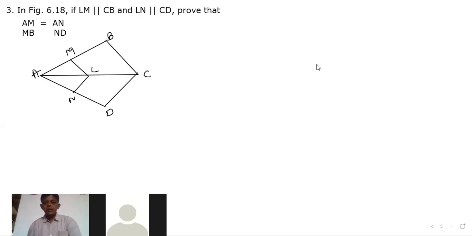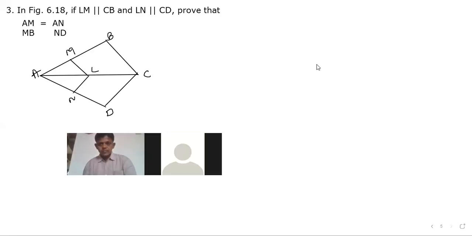Yes. What can we do, children? Very quickly tell me the answer. In triangle ACB, LM parallel BC. Okay, so AM upon MB is equal to AL upon LC. Yes or no? Yes. And similarly, AL upon LC is also equal to AN upon ND in the bottom triangle. So AM upon MB is equal with AL upon LC. AN upon ND is also equal with AL upon LC. Yes or no, children? Yes, sir. Yes. Very quickly write the proof, all of you.